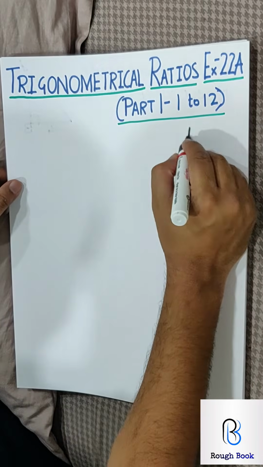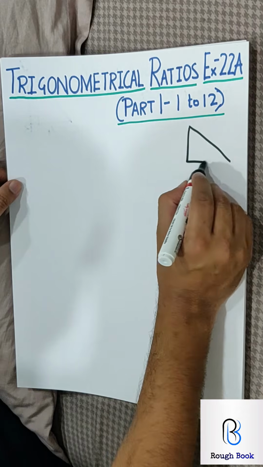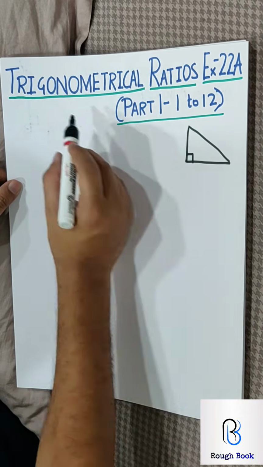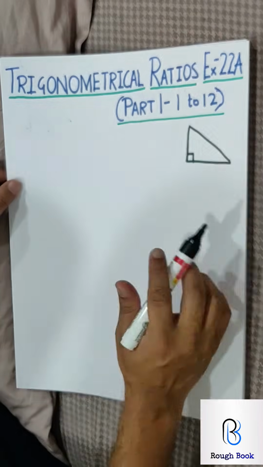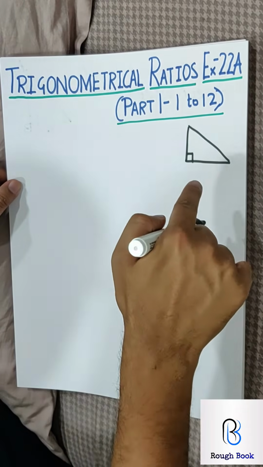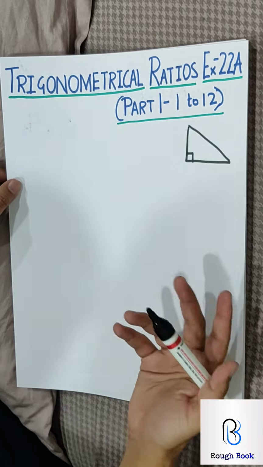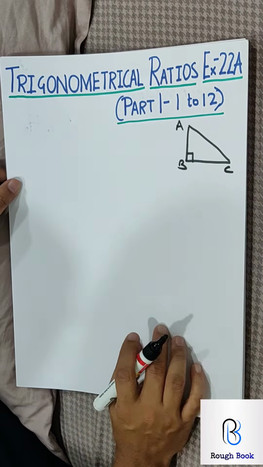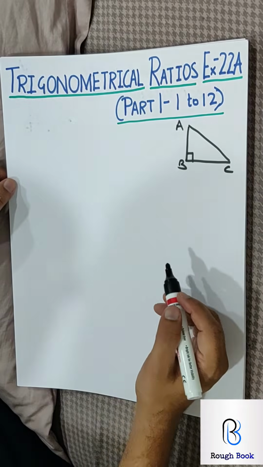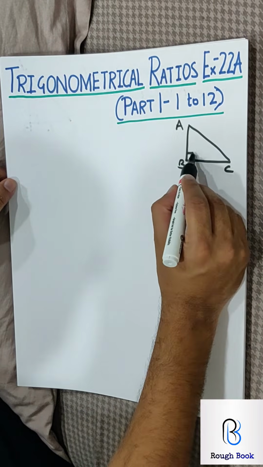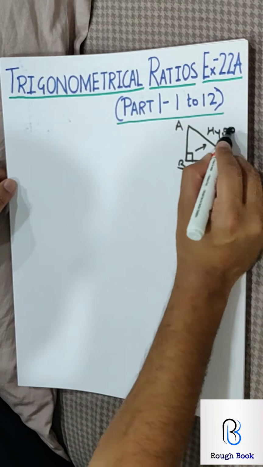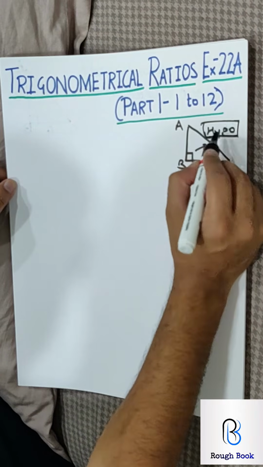Rule number 1 in trigonometry, that trigonometry is applicable only in a right angle triangle. If there is no right angle triangle, trigonometry is not possible. That means if there is no right angle triangle, you create one. How will you create? Drop a perpendicular. Simple as that. So let's consider this triangle ABC. If I have taken this triangle ABC, obviously the side opposite to the right angle is your hypotenuse. So hypotenuse is very easy to identify.